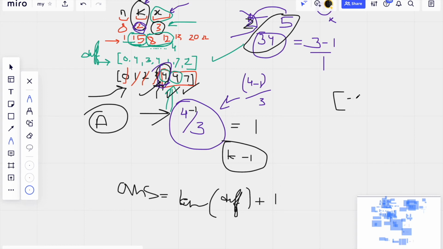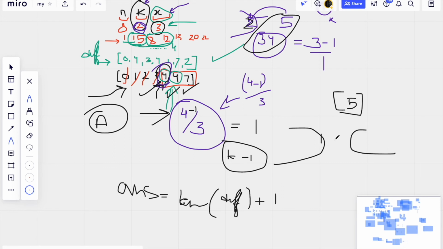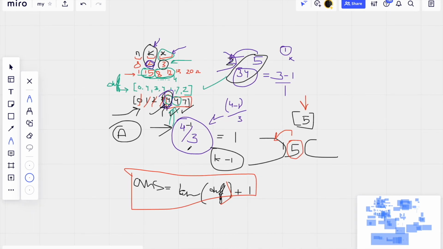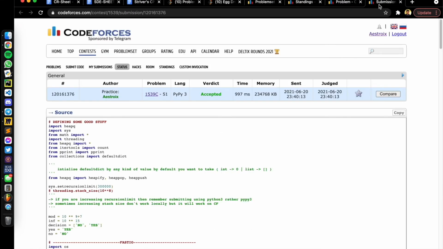Because suppose the difference is only 1, only the difference equal to 5 remains. What this means is I have some group of elements here, I have some group of elements here, and there is only one difference, 5, lying in between. So how many groups will there be? There will be one more than the number of differences I have in the array. It's a simple observation. So this is the final answer. It was quite a question based on implementation. I will show you my code.